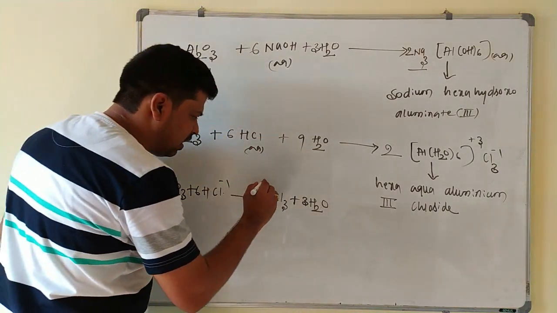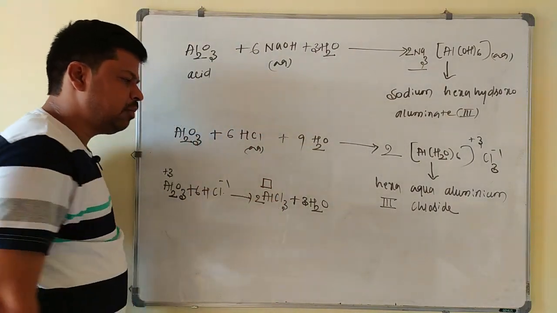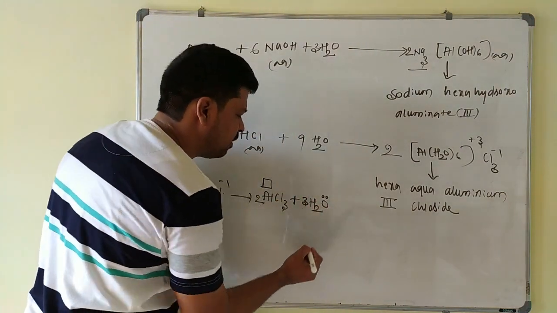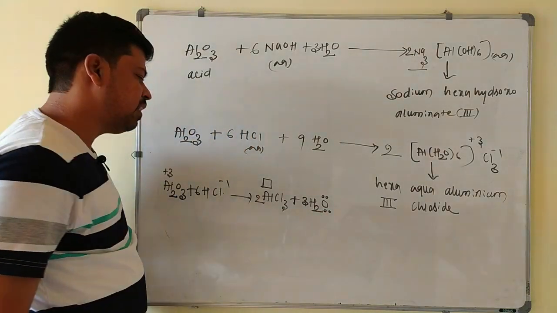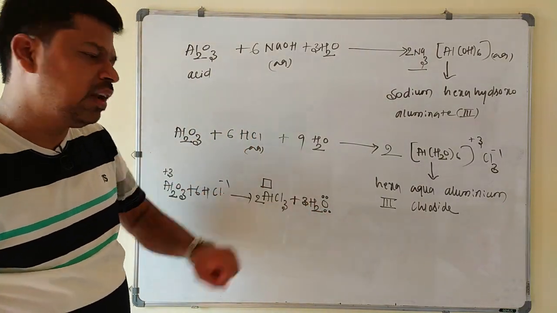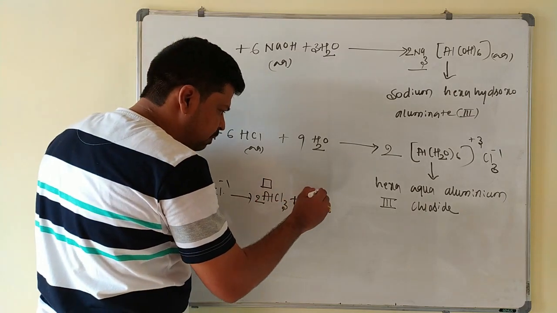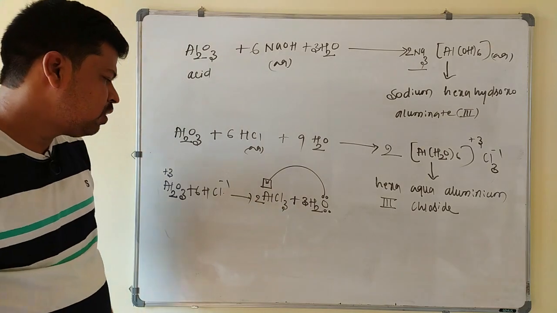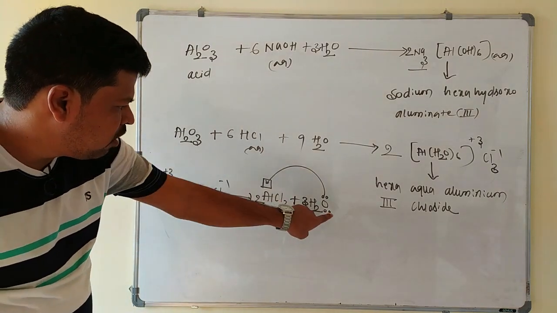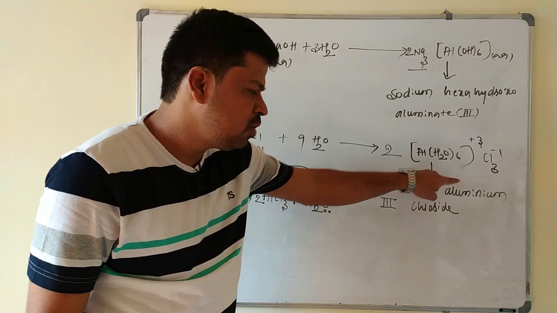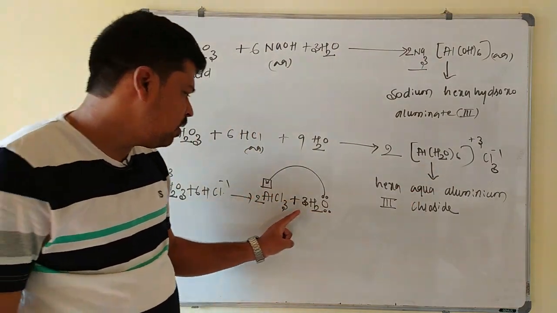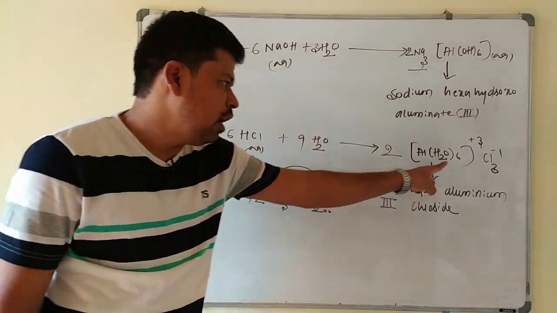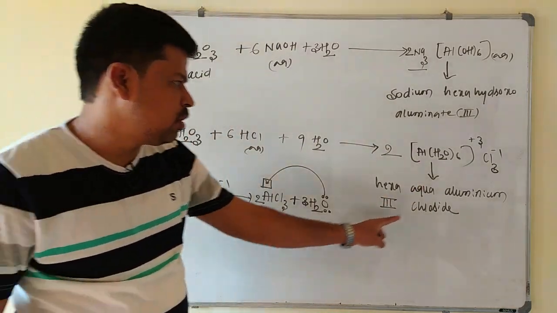Again now you see here, this aluminum after forming 3 bonds, it is having one vacant orbital. So here the lone pair of electrons on the water is there. This water, since it acts as a Lewis base, it is also a ligand, it is a neutral ligand here, because this oxygen can donate a lone pair of electrons towards the vacant orbital of this aluminum. So this aluminum again starts forming a complex with water like this. It is having a vacant d orbital, it can form the octahedral complex. 6 water molecules can be connected to the aluminum like this. So there is a formation of this complex.